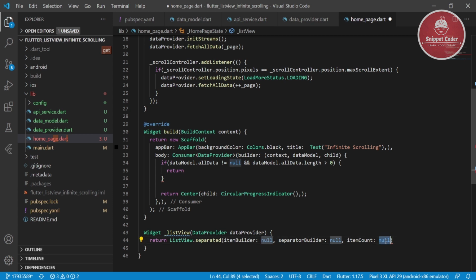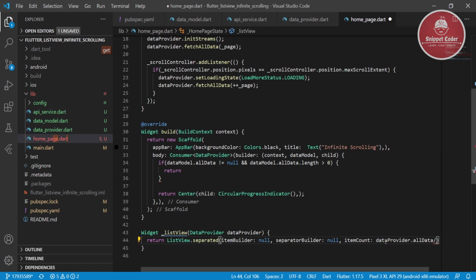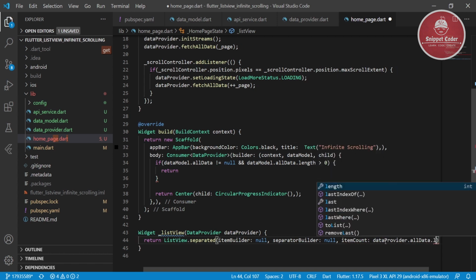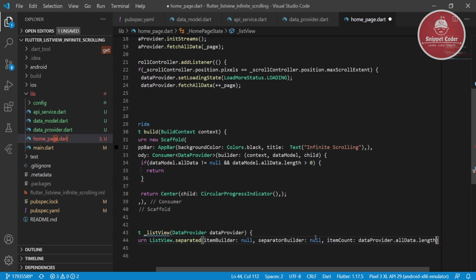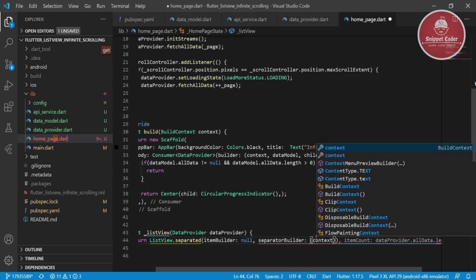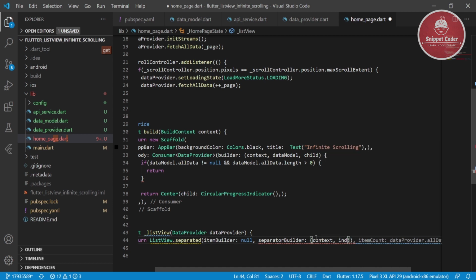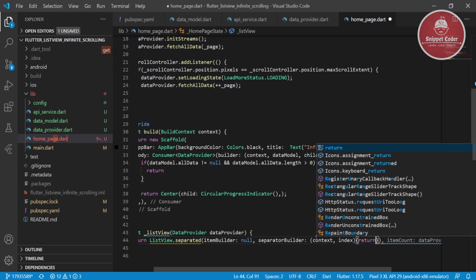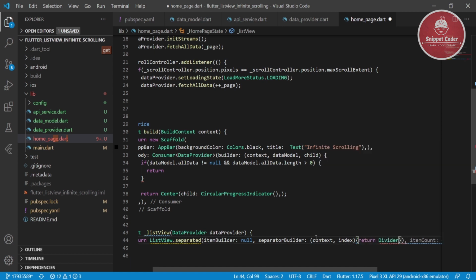In the item count we will pass data provider dot all data dot length. In the separator builder we will pass context, and then we will have the index. We will return the divider here,